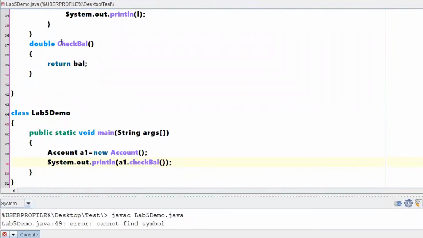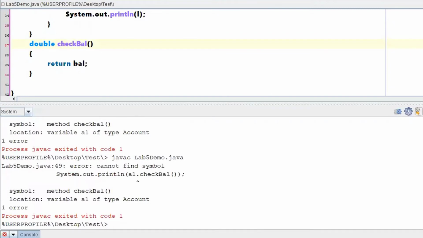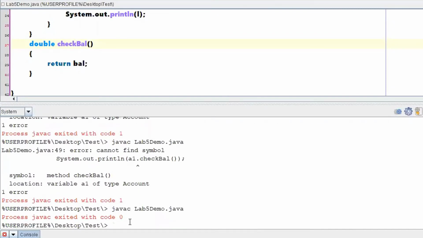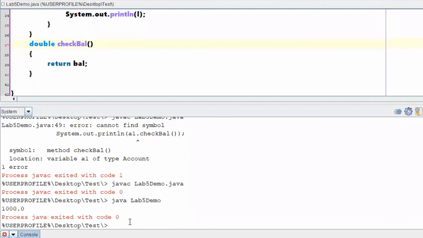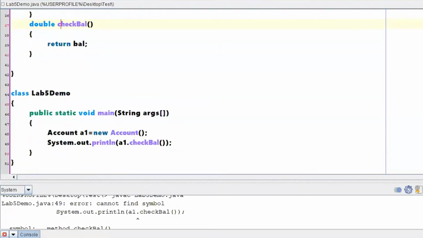Generally methods should be with a small letter, so there itself in the class definition I will change that. Okay. Compiled fine. Yes, it is showing balance as 1000. That means the constructor is executing fine. Okay, so no problem with respect to the constructor now.